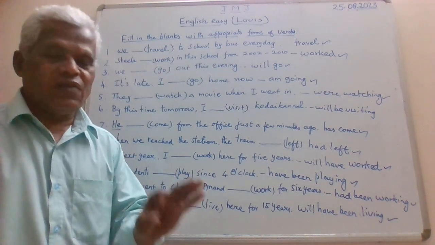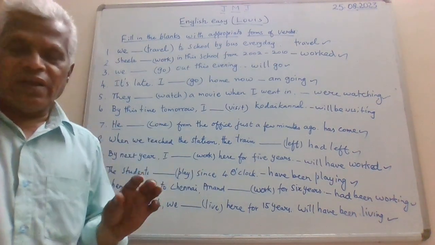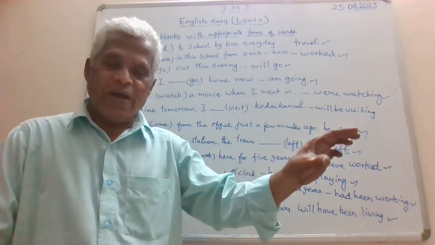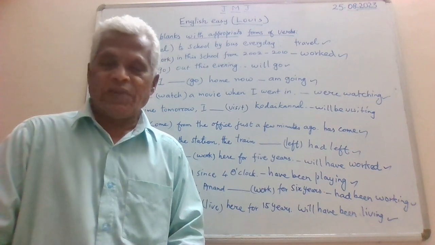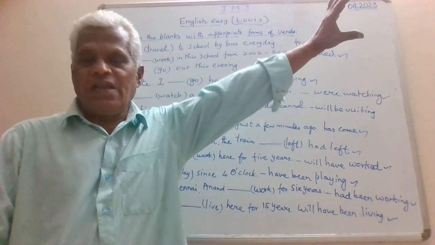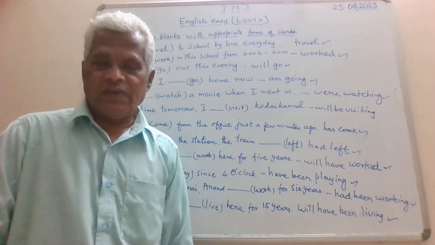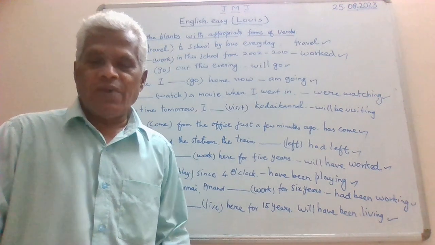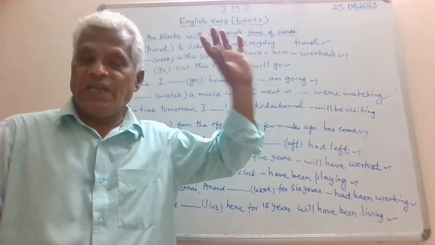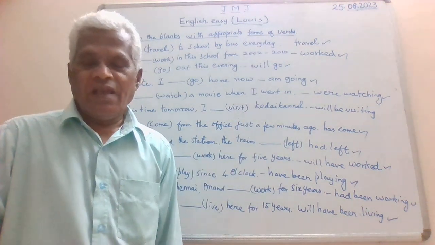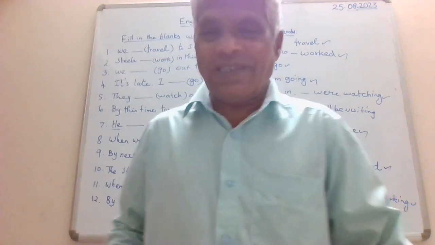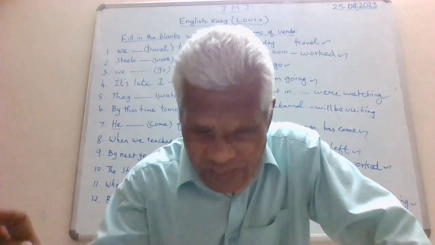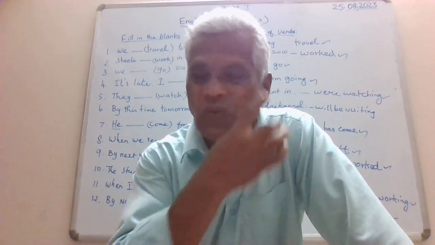Future perfect continuous tense. So future perfect continuous tense is used to denote an action that began in the past, continuing until the present moment, and it is still going on there without the end. So by next March, we will have been living in this house for 15 years. See? Now could you get what I mean, guys? See, we have done with all the 12 tenses with a lot of examples. But what I want you to remember is